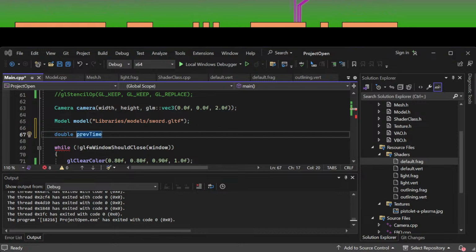the current time, and the difference of these two. Then we also want an unsigned integer that will act as a counter to see how many frames we have in a certain amount of time. Now FPS is now,